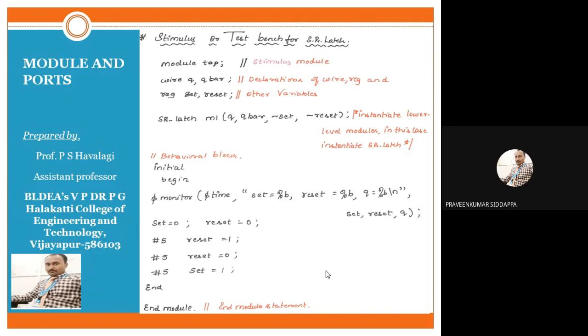Okay, so at that time the whole code should be invoked here. For that particular code, we are applying the input and output. Because of that reason, the same name should be provided here, sr underscore latch. Next, you should write the instance block name. That block we have given the name M1. You can give it anything, no problem.